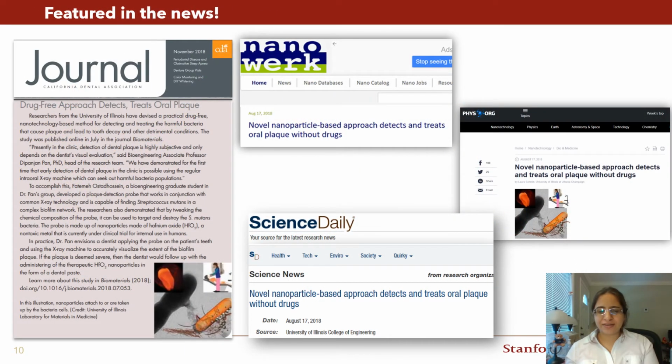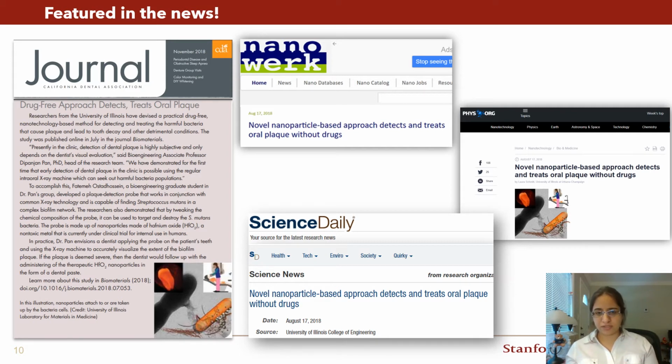This work attracted a lot of attention in the news and hit the media. But what we were also curious about was what other areas these nanoparticles can be useful in, and whether these particles can be used as a contrast agent material where the density of calcium is so high, and can we easily separate the signal from hafnium, not again in the white or black type of image, but rather in color. And that was the impetus for the